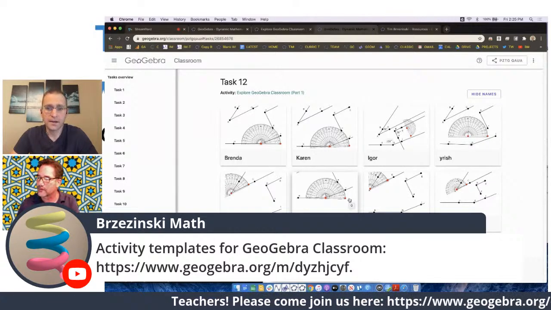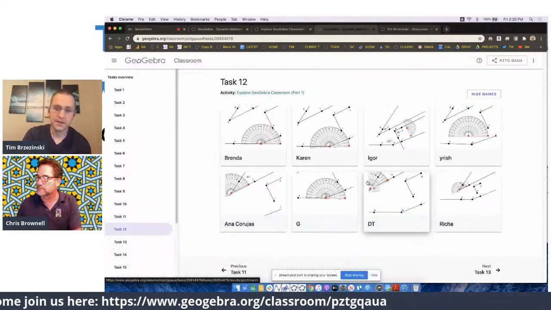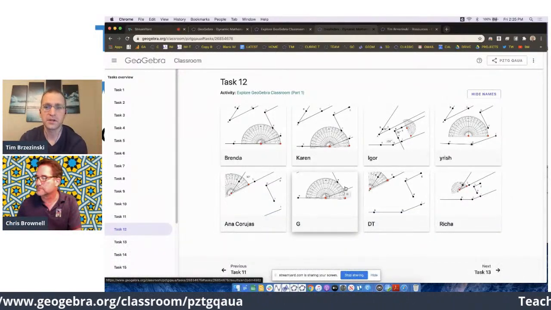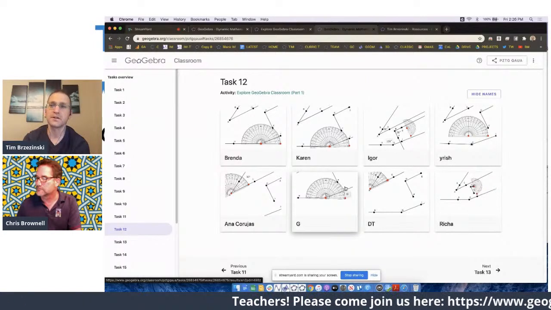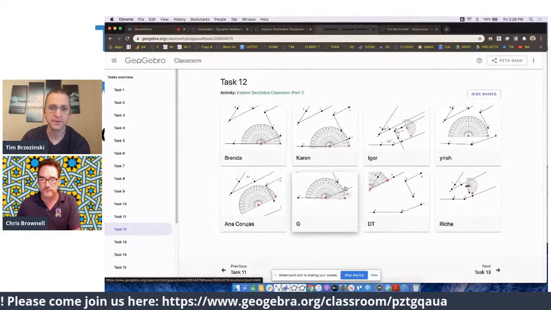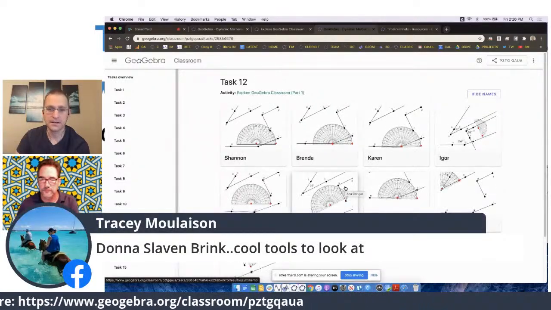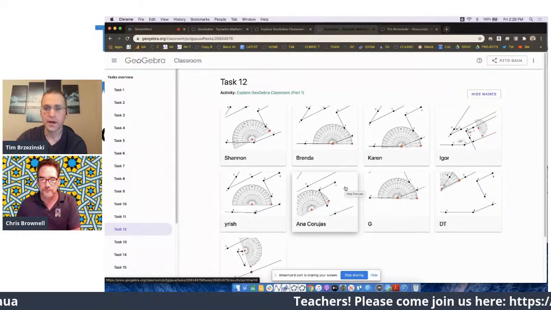Nice. Yeah, and in task 12, again, you'll see I'm asking you to use the protractor. Another virtual manipulative that was also created by Anthony Orr. If you search protractor in GeoGebra's search field, his resource will definitely come up there. I just took a few things out. I added a few angles in here for you to measure, right?